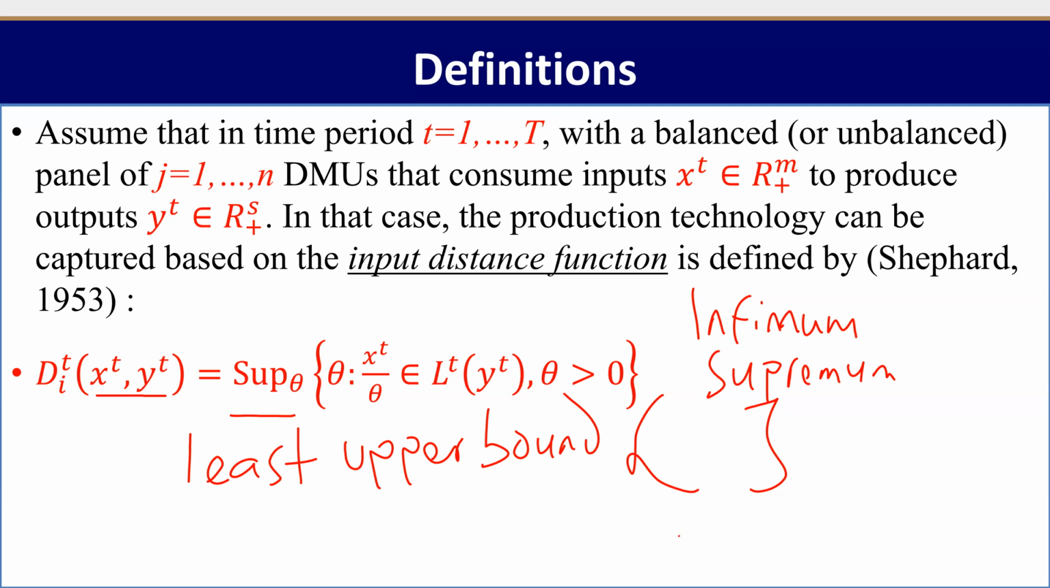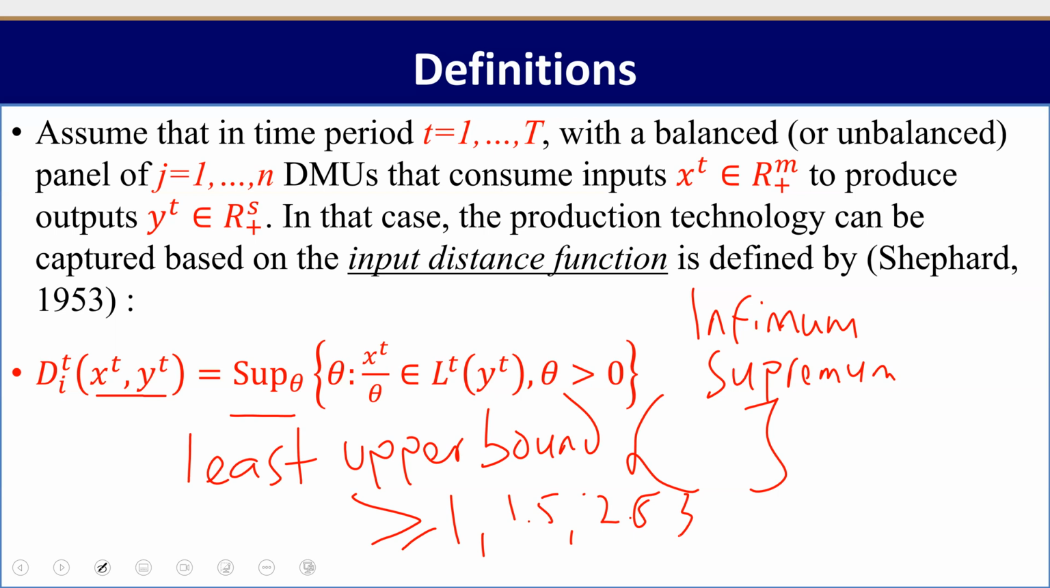I want you to take note of this. The distance function that you are seeing here, in an input orientation, is greater or equal to 1. The distance function is given by greater or equal to 1, which means there are other numbers like 1.5, like 2.5, and then going on like 3 and all of that. So when we say the least upper bound of this,